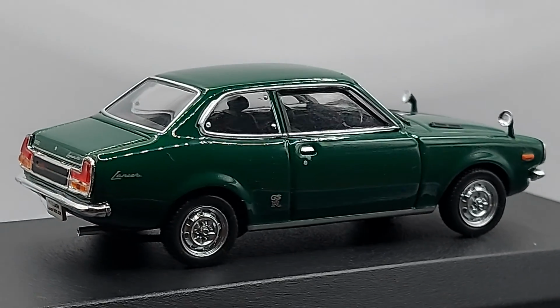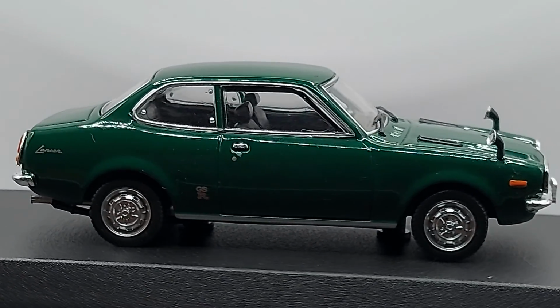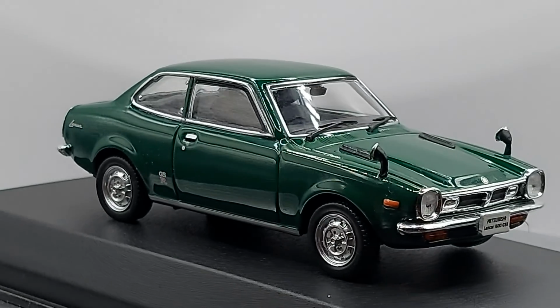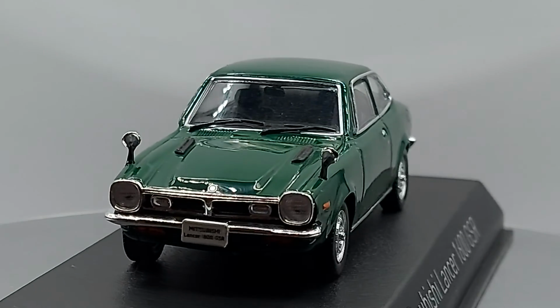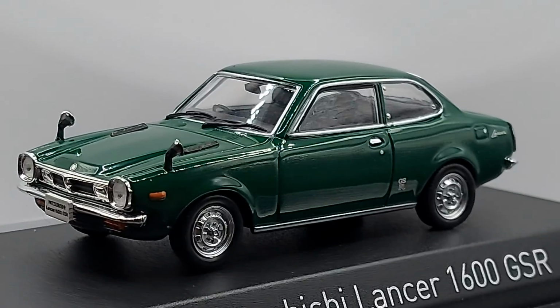Alright, let's check out what we got for you right now. If you like Japanese cars from back in the days, classic ones, you're in the right video. Alright, let's see what we got for you right now. We have a 1/43 scale diecast Mitsubishi Lancer 1600